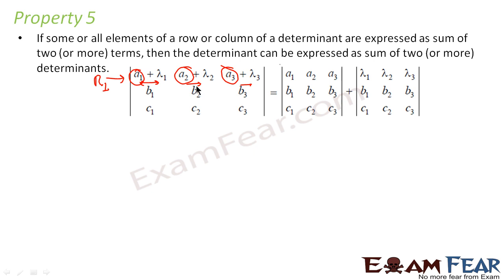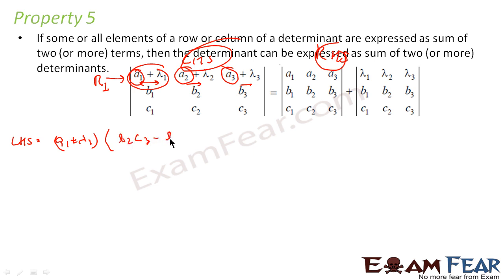To prove this, we can assume this is my LHS and this is my RHS. I can just find the value of LHS and RHS and try to show they are the same. Let me find the value of LHS. I take this element first, expanding using row 1. Along row 1 this becomes A1 plus alpha 1 into B2C3 minus B3C2,